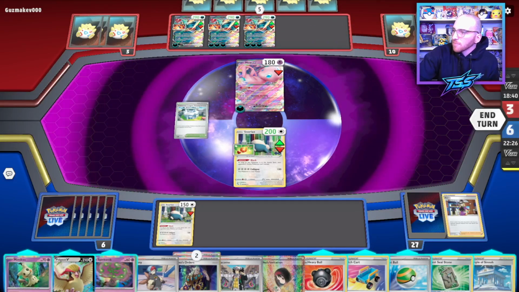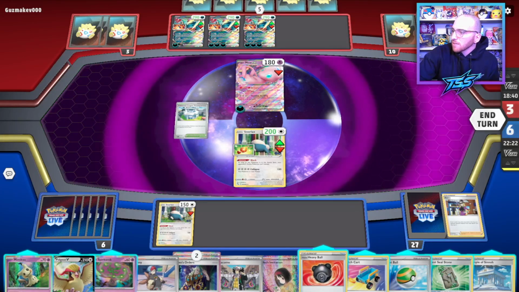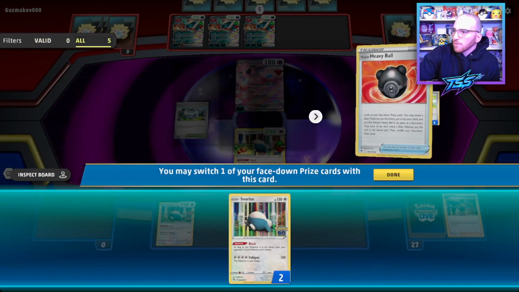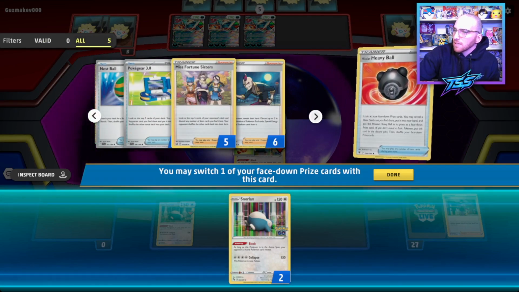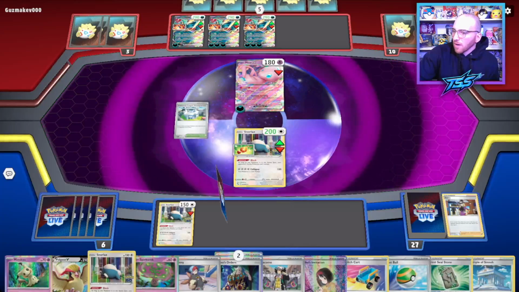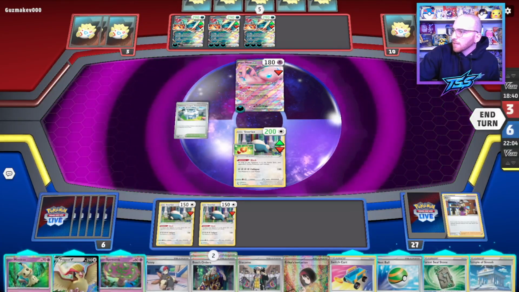And go from there. So let's just leave it as it is. You know what? We'll use Hisuian Heavy Ball first. Let's take a look at our prizes. We've got the Snorlax. We've got a Sisters, a Sidney, and another Arven there. So that's pretty fine. We can still put this other Snorlax down here and hit the end turn button and